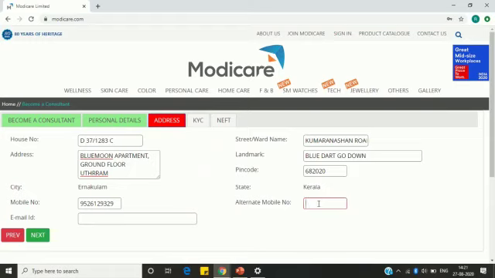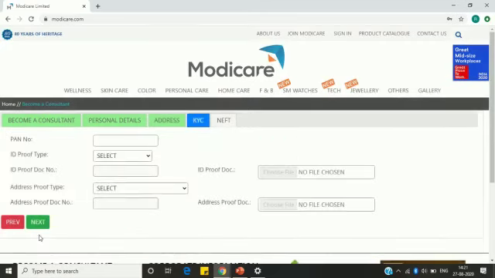You can give your parents', your wife's, your husband's, or your children's, any number you can give. And in the email ID, please provide your email ID so that in future any communication has to be done, the company can send it to this email ID. So I'm entering my email ID here. And then click next.